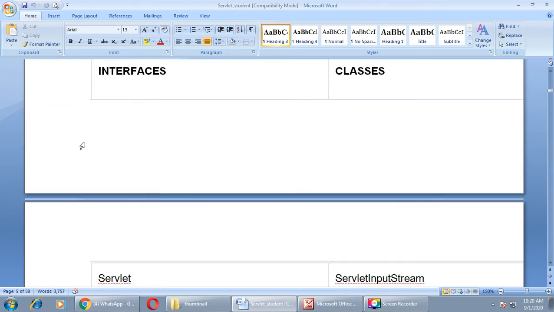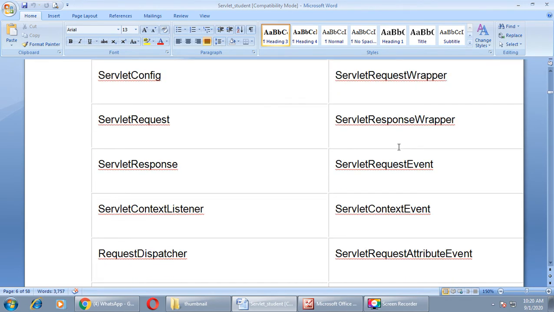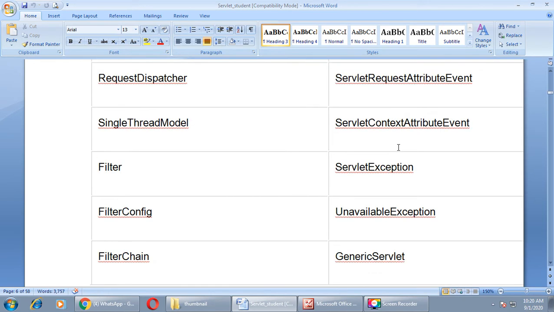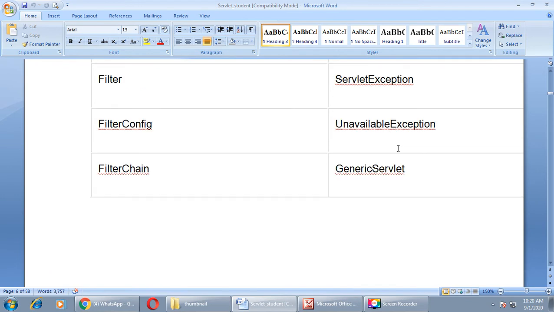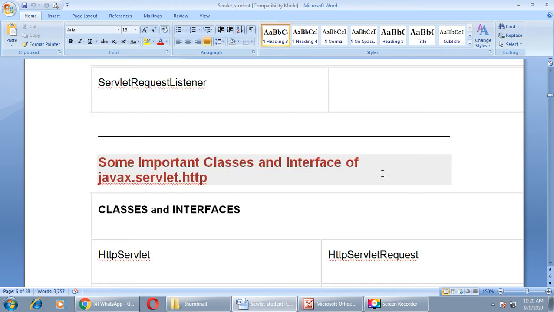You can see the title here. In the first column, interfaces are listed, and in the second column all the classes are listed. You just have to go through this list, nothing else. We will use these interfaces and classes in future. Whenever we start programming, at that time we will use these interfaces and classes in our application, right?